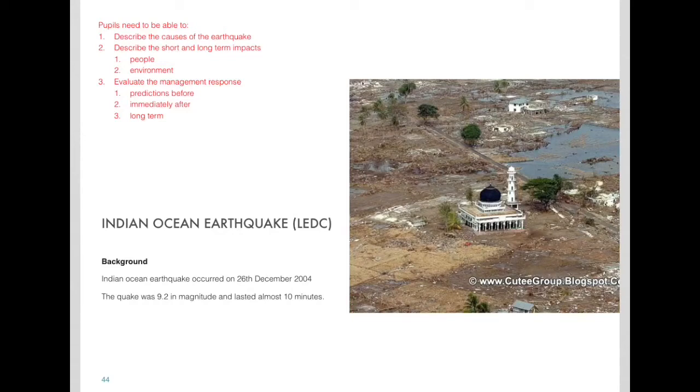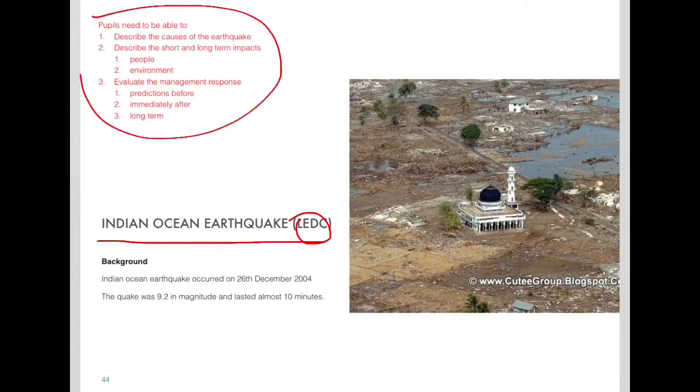This video is designed to talk you through the Indian Ocean earthquake, which is your LEDC earthquake for this part of your course. This part of your page in your GCSE ebook talks you through the requirements of the scheme of work. Pupils need to be able to do three things: describe the causes of the earthquake, describe short